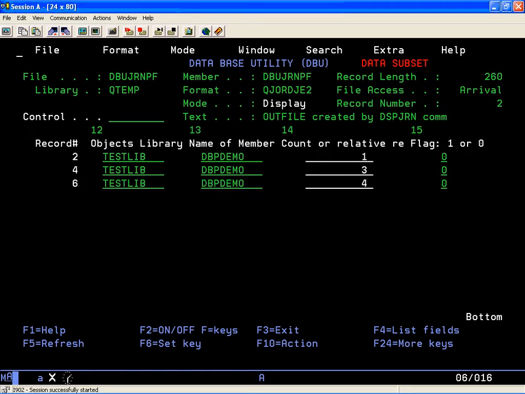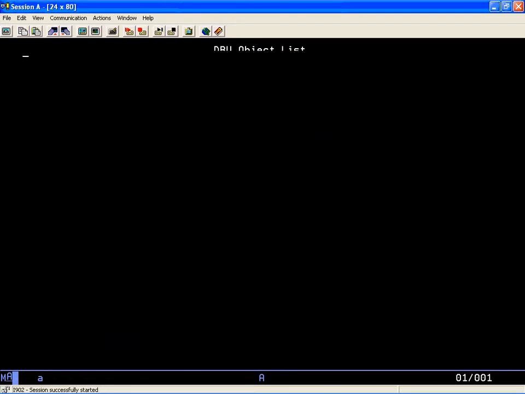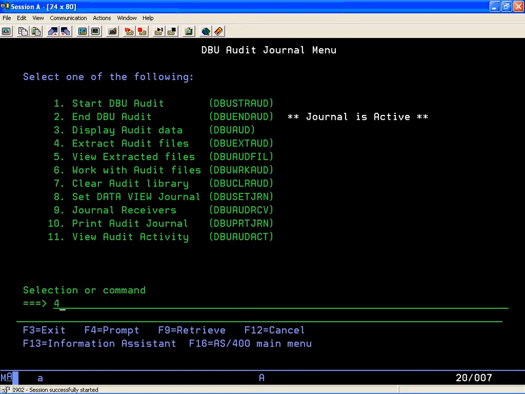Let's go back to the DBU Audit Journal menu. Option 4 allows you to extract journal entries for all objects changed using DBU or just specific objects. First, I'd like to show you option 5, which allows you to view extracted files. Option 5 shows us that there are no extracted files right now. If we exit back out and use option 4,